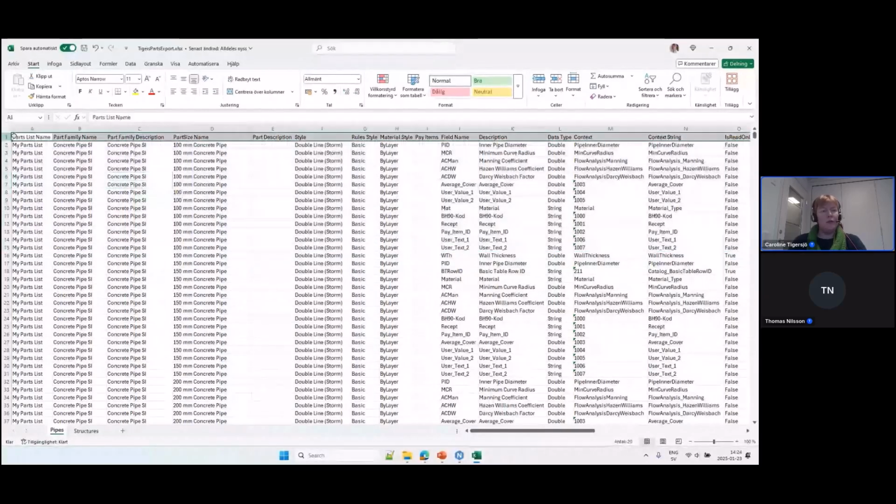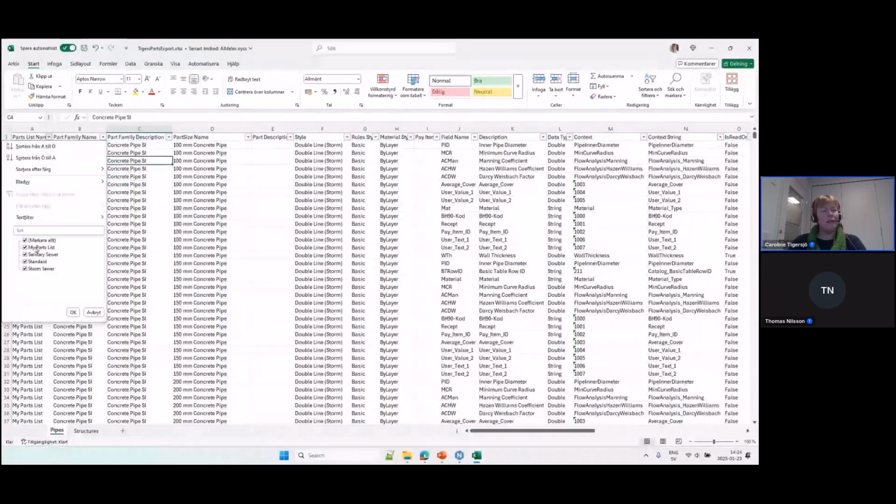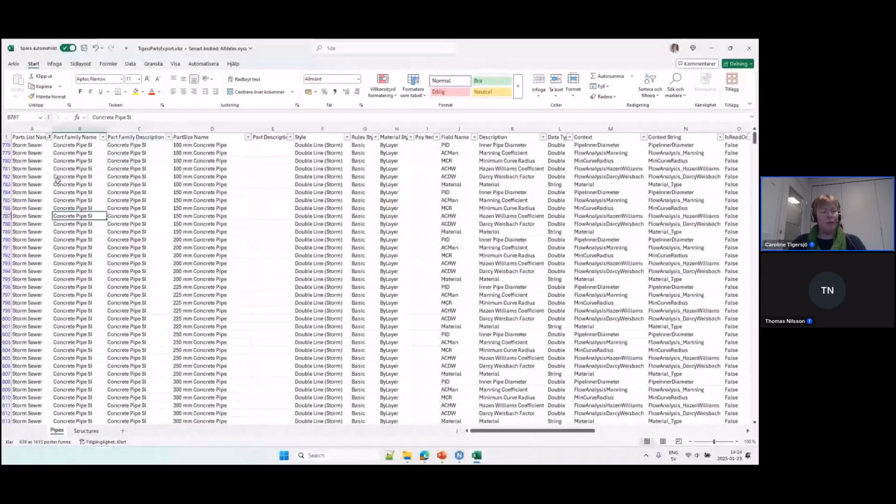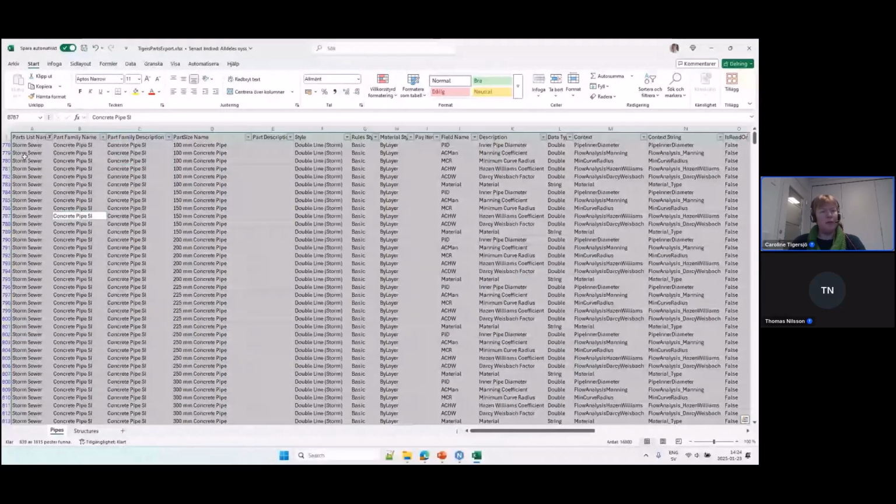The first thing I'm going to do is activate filtering so that I can see, okay, I just want to care about my parts list. But what I'm actually going to do is remove my parts list so I just see everything else. And then I'm going to remove all this, because when we read this one back in,